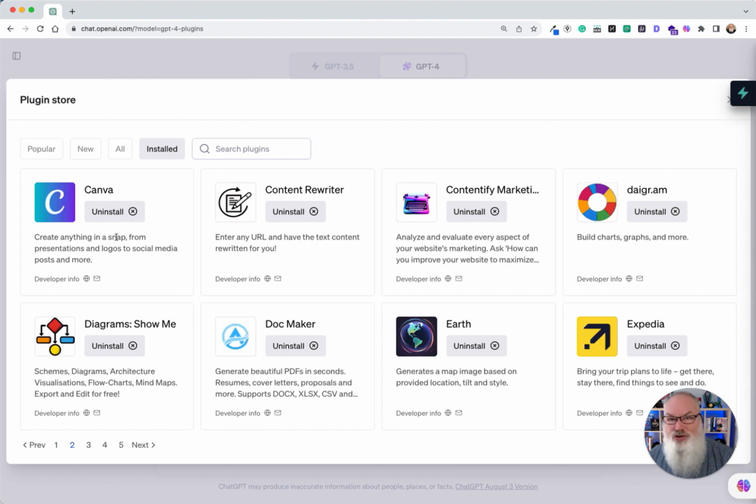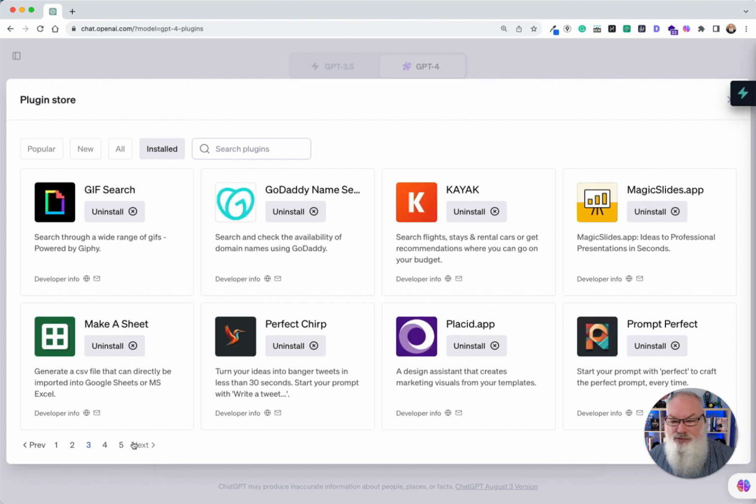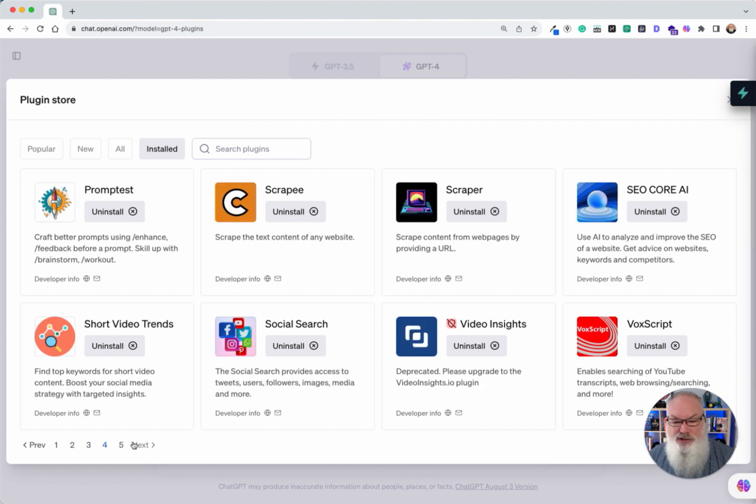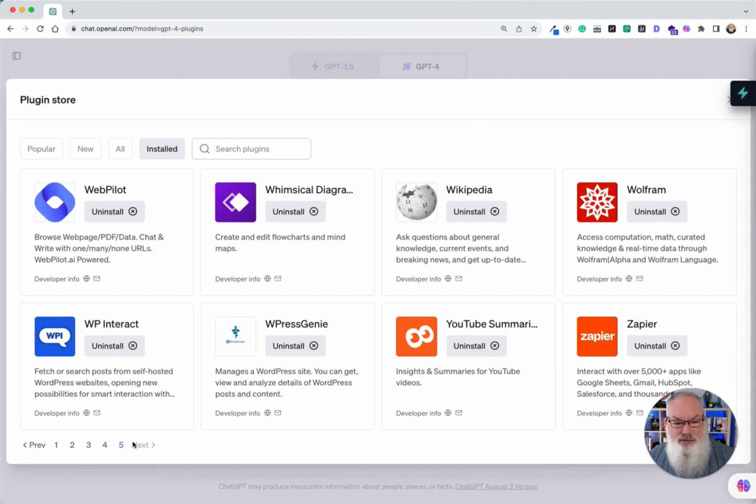Canva, by the way, is a great one to have if you use Canva for design. Highly recommend it. We'll do a separate tutorial and show you how to use that. Definitely recommend that you also consider, as I mentioned, Web Pilot. That gives ChatGPT web access, so you can actually give it URLs and it'll go out and find that. Hugely valuable. I also am a big fan of Wolfram because it has tons of computational and curated knowledge